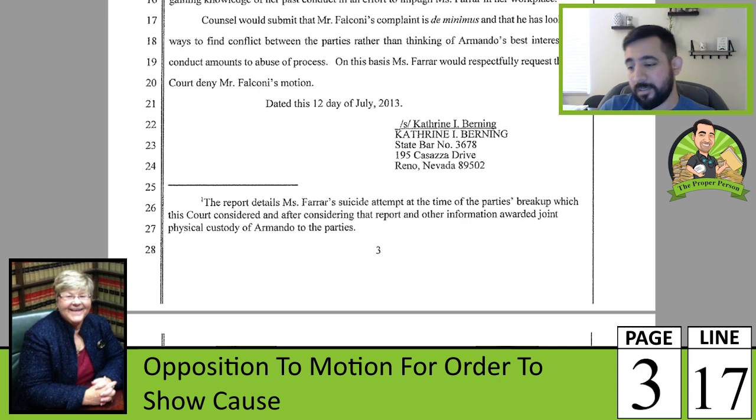So what she's trying to do is connect all of the conflict to me through my filings. She's trying to take all of the negative things that her client is doing, all of the child abuse, all the neglect, all the conflict, and dump it on me by saying, since he's the one filing papers, he's the reason all these things are happening. When in reality, the person filing papers is the person trying to rectify the situation, and trying to bring to the court's attention all of these things that are happening.